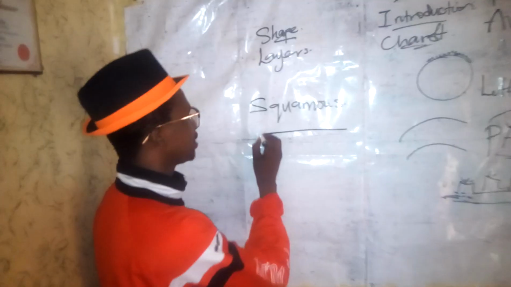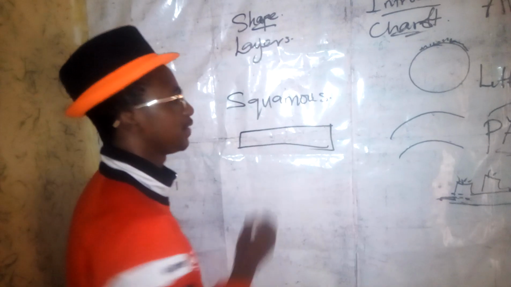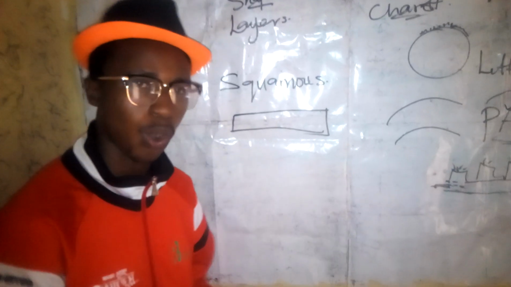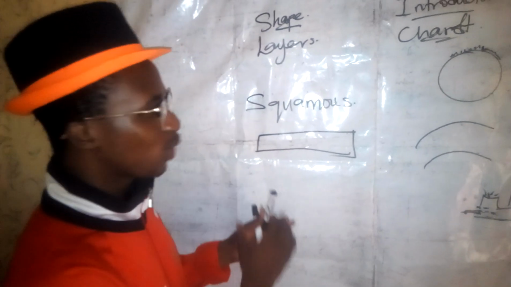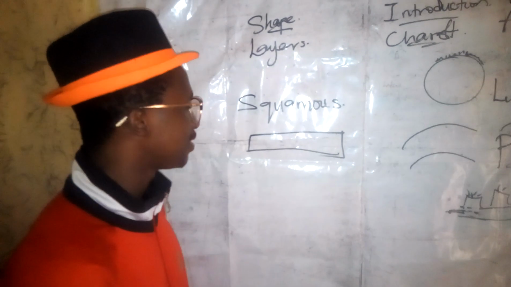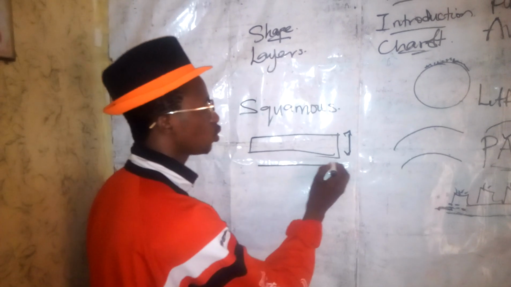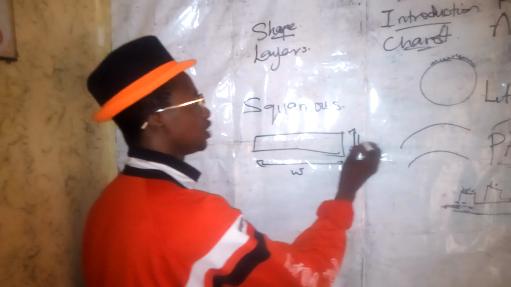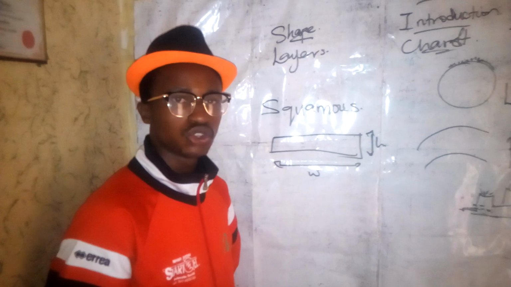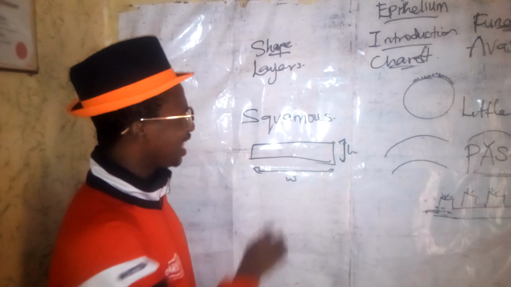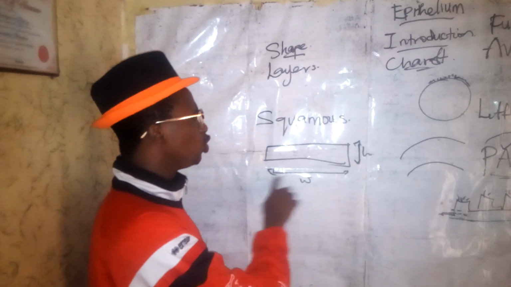So let's say this is an epithelium that is flat. We refer to this epithelium as a squamous epithelium. But when you look at this epithelium, you are going to observe that the height of this epithelium is small compared to the width. The width of the epithelium is more than the height. So for an epithelium that has a larger or a longer width